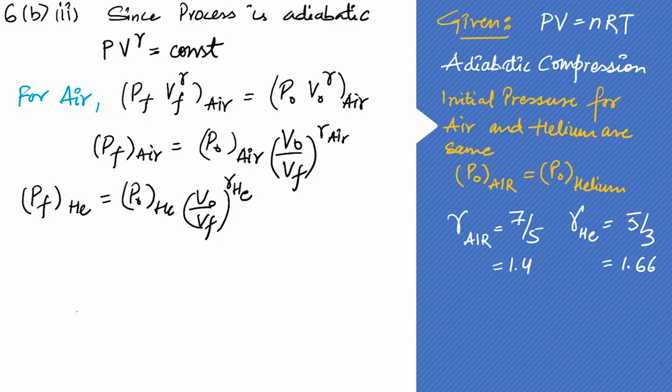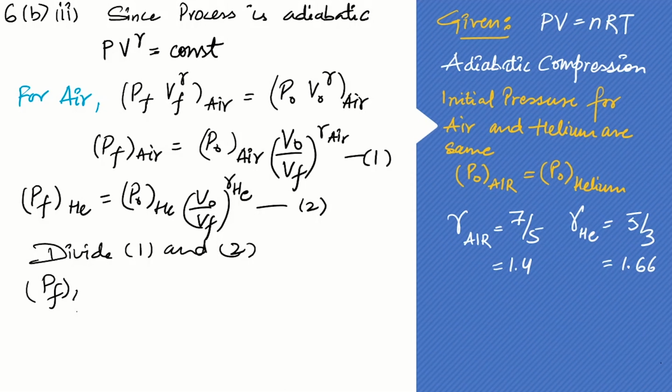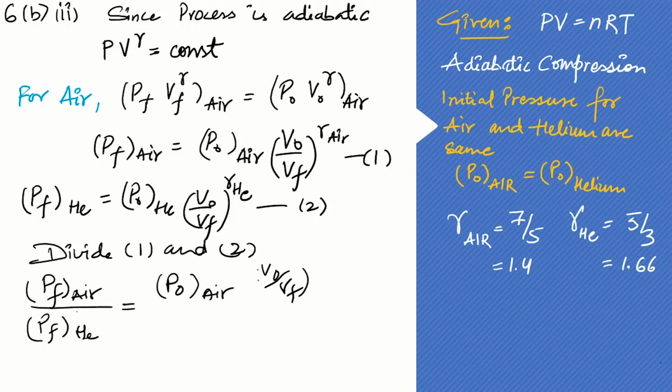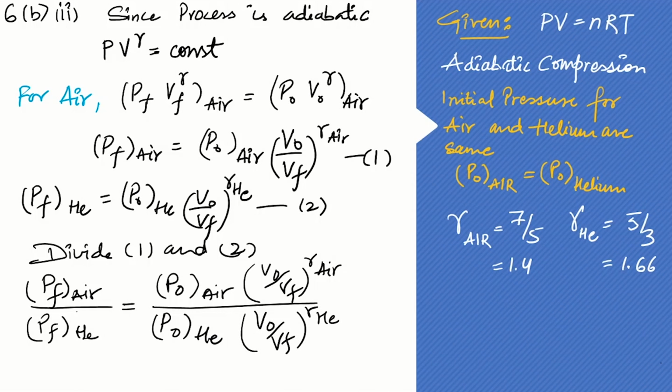So let's divide these two equations. Divide 1 and 2. So this P_F for air over P_F for helium will be equal to P_0 for air times (V_0 over V_F) to the power gamma air, and the denominator is P_0 for helium times (V_0 over V_F) to the power gamma helium. We are given the initial pressure for air and helium are the same, so we can cancel this,